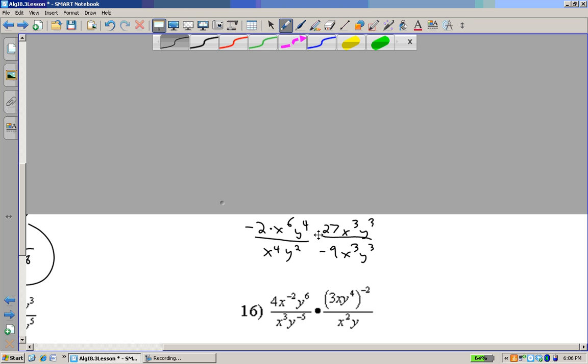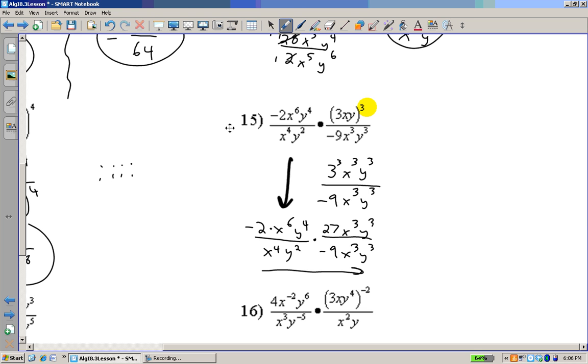So I'm going to combine horizontally. Remember, this is multiplication. I should have written that in. So now we're going to combine across. So I'm going to go up right here. Negative 2 times 27, that's going to be negative 54 times, let's see, 6, 7, 8, 9 x's, 4, 5, 6, 7 y's, see, negative 9, 4, 5, 6, 7 x's, see, 2, 3, 4, 5 y's,